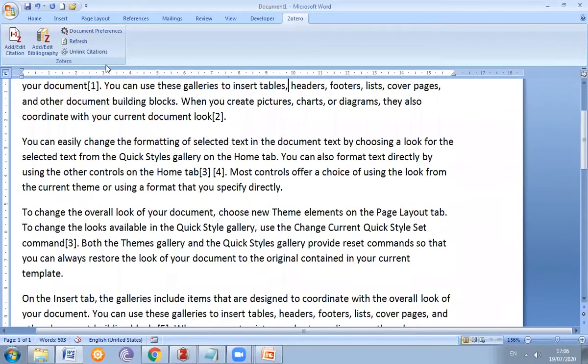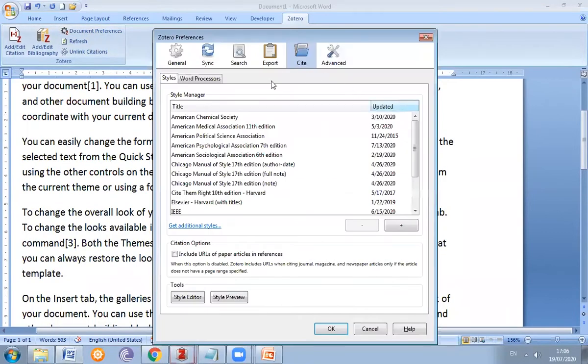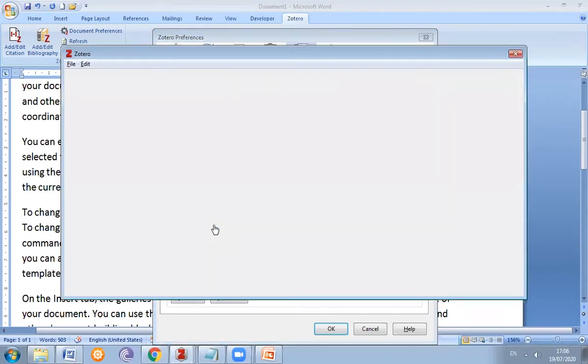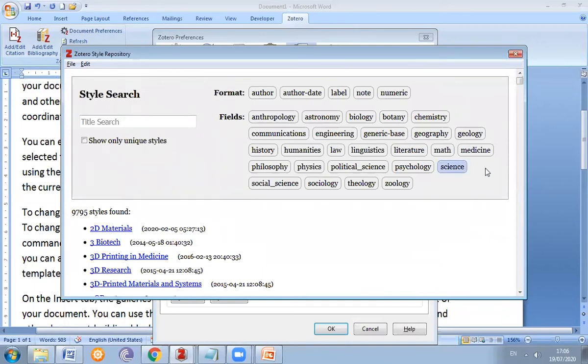Okay, now we manage styles. To manage styles, we click here. If we click here, then inbuilt styles are available, and if we want to add more styles, then we click on get additional styles, and we can show different styles, as well as add a different style as per our requirement.